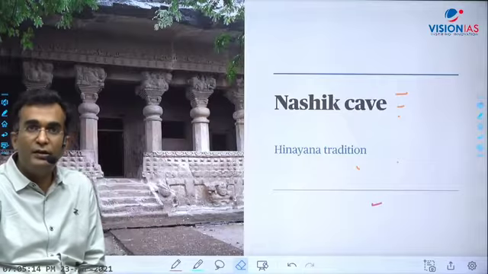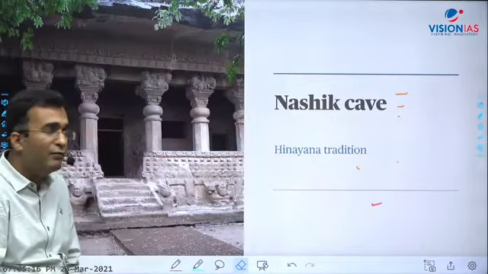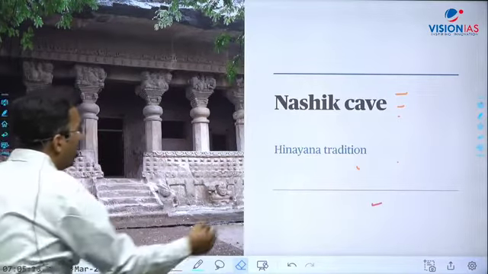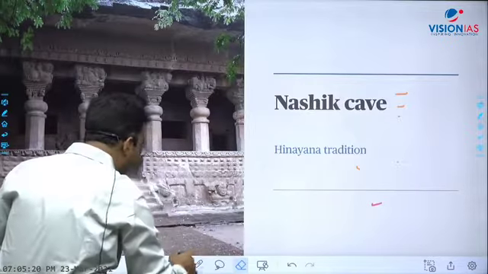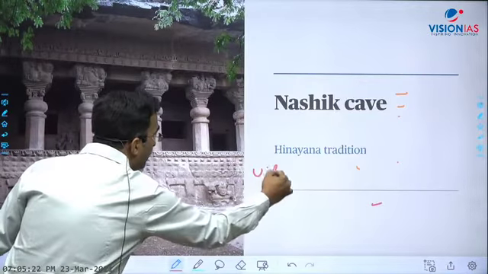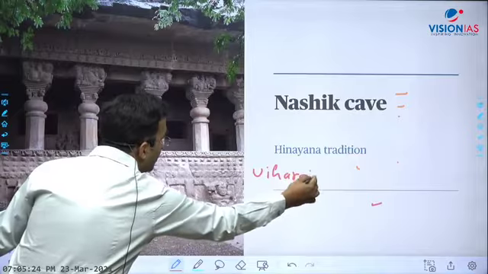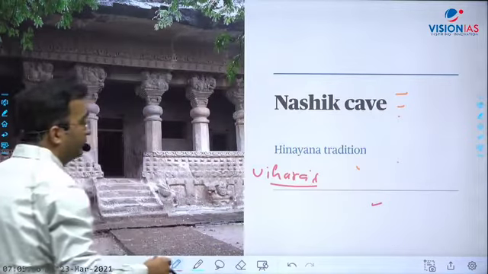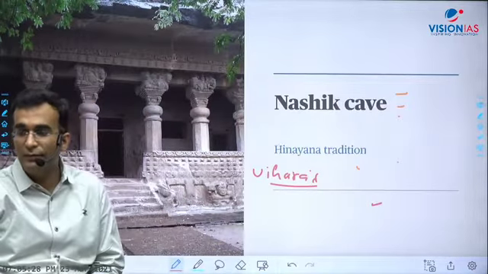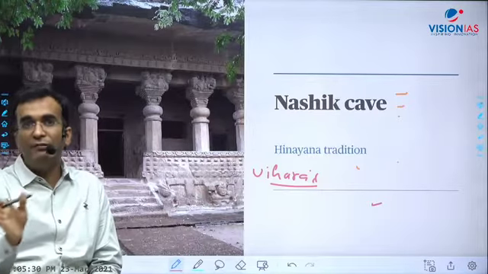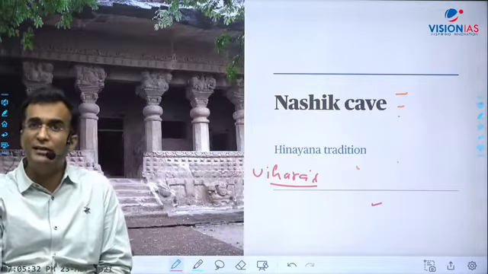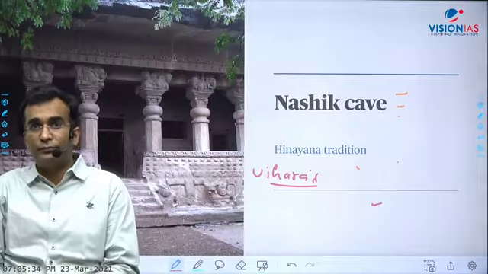Then you write further, they are viharas, meaning resting places for the monks. Now change paragraph and then you write, Nasik is very important